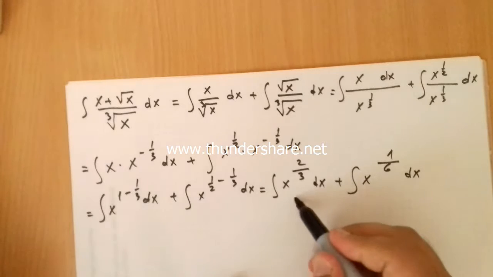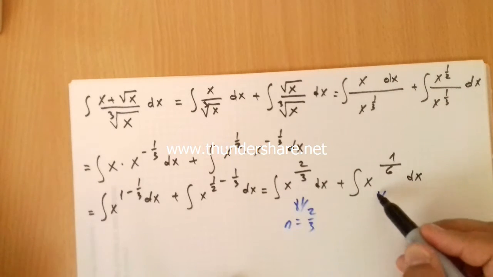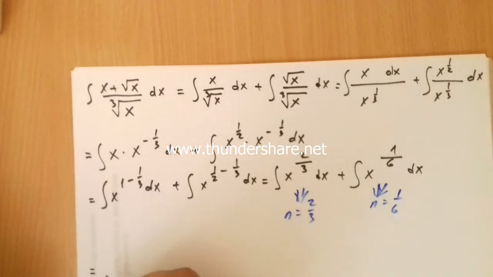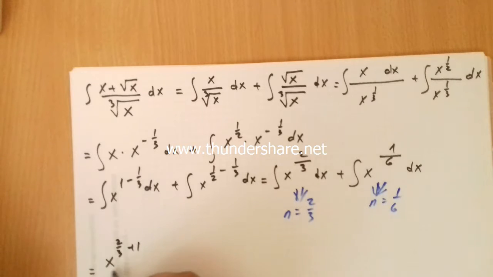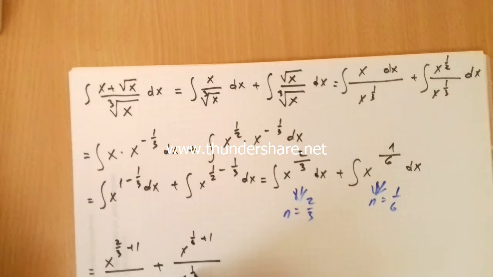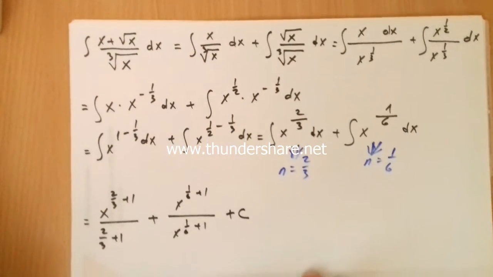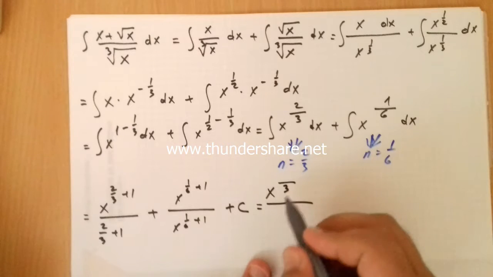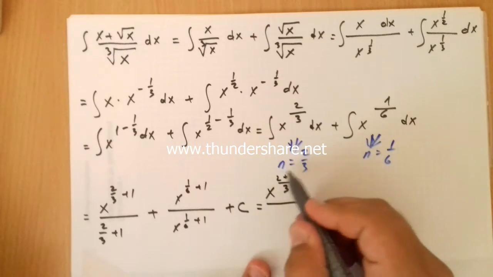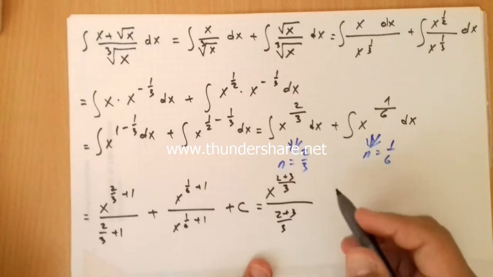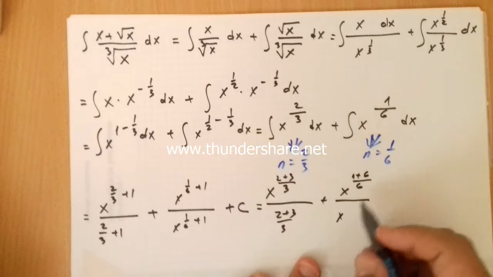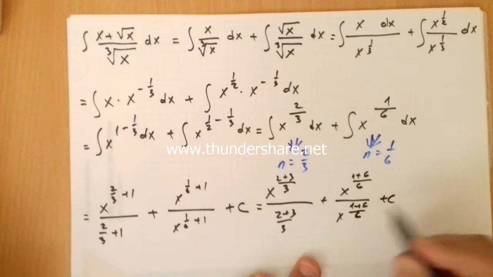So for this integral n is 2 over 3, and for this one n is 1 over 6, and this one is equal to x to the 2 over 3 plus 1 over 2 over 3 plus 1, plus x to the 1 over 6 plus 1 over 1 over 6 plus 1, plus c, and this is equal to x to the 2 plus 3 over 3 over 2 plus 3 over 3, plus x to the 1 plus 6 over 6 over 1 plus 6 over 6, plus c,